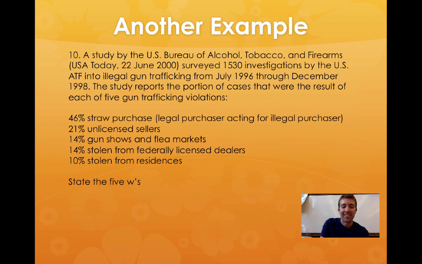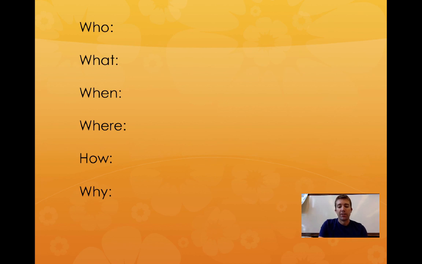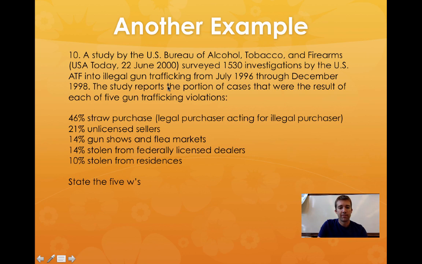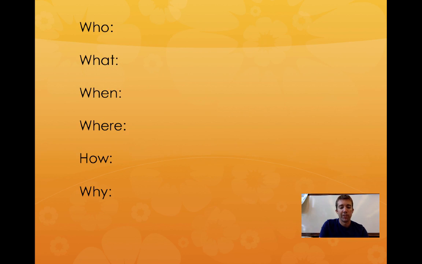So let's go back and look at it. Okay, so I'll kind of be switching back and forth here. All right, so who? Well, who of course was the ATF, the Alcohol, Tobacco, and Firearms. Okay, what? Well, these were our categories. So, you know, it was a straw purchase, an unlicensed dealer. Oops, I'm sorry. Moving on. All right, hang on. Try not to hit the button next time. Okay, so of course our who was ATF. Our what was